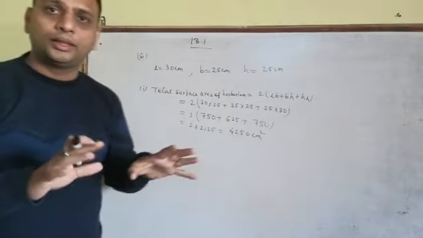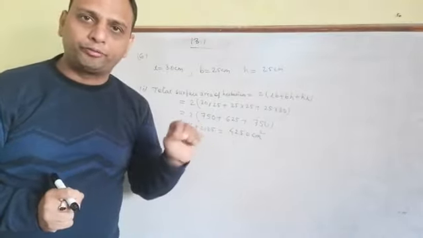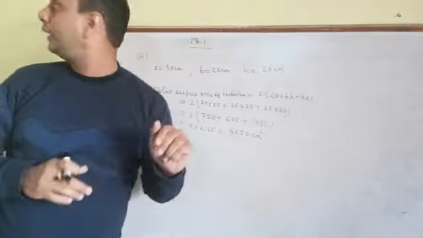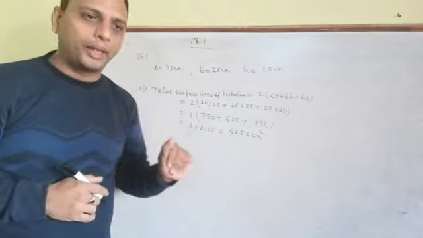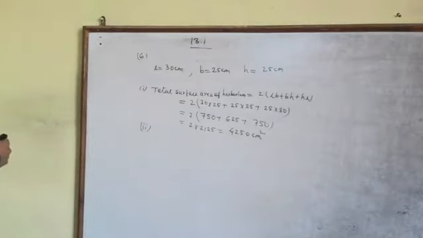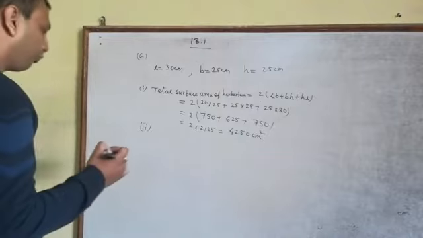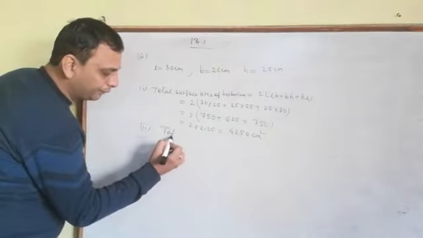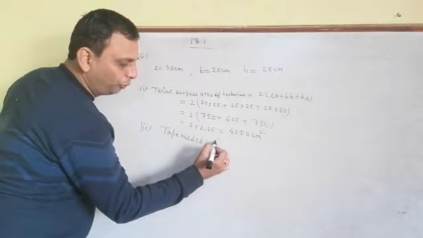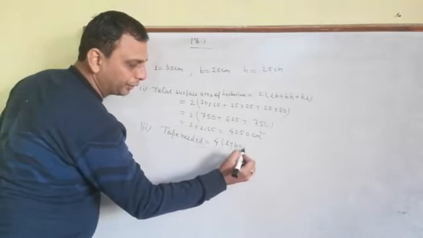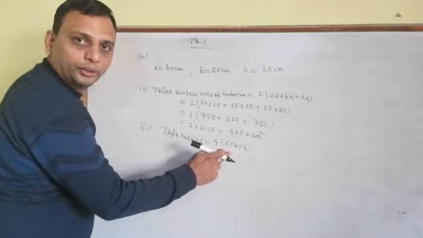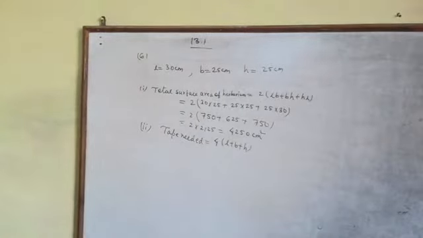In the second part, I already told you the cuboid has 4 lengths, 4 widths, 4 heights. If we have to use tape to cover all the edges, we have to take 4 times length, 4 times width, 4 times height. In the next question it is asked, find the total tape required for 12 edges. Tape needed will be equal to 4 multiply (L plus B plus H). I already told you the perimeter of the cuboid formula. 4 times length, so I took 4 common. 4 length, 4 width, 4 height.